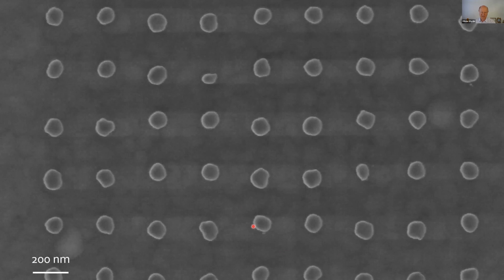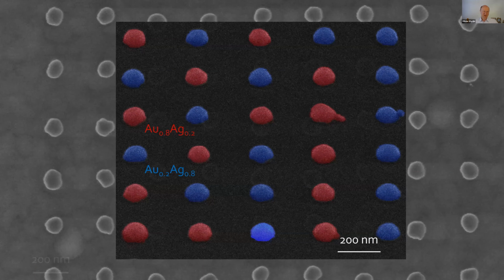If we zoom a little bit in, we see the different structures. You may say, well, they are not all perfectly aligned, but you must keep in mind that these are actually collections of different materials that have been done in successive e-beam lithography steps. So I think here we have a reproducibility or an accuracy in the placement of our structure, which is in the order of 20 nanometer between successive illumination.